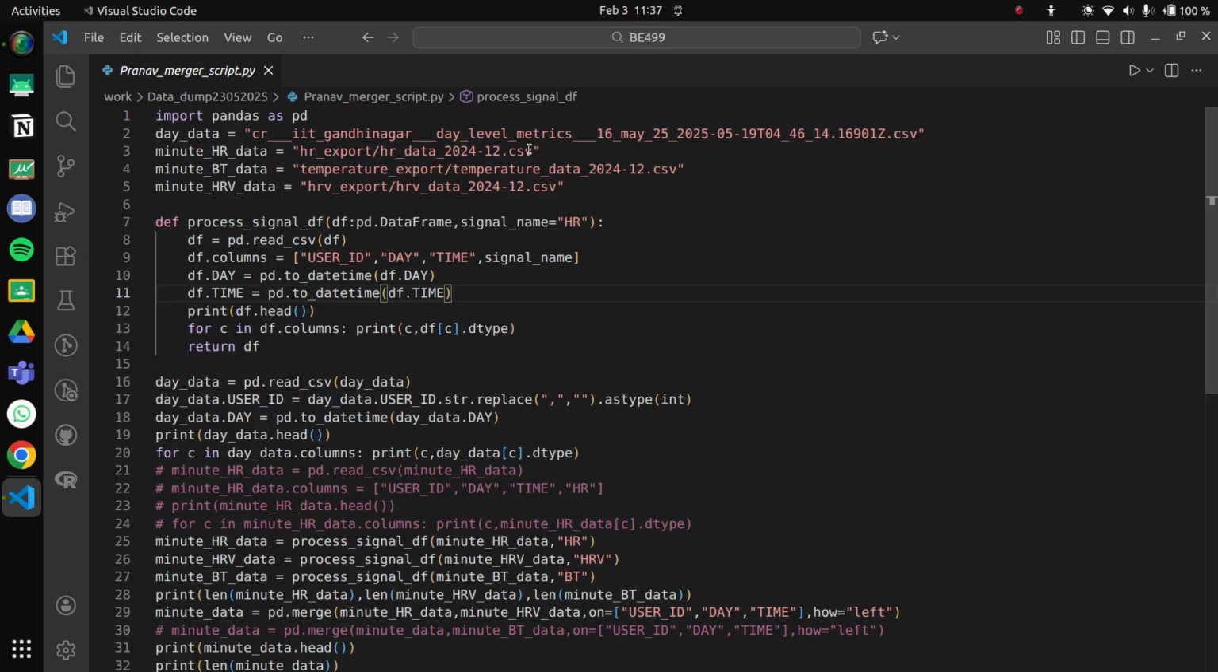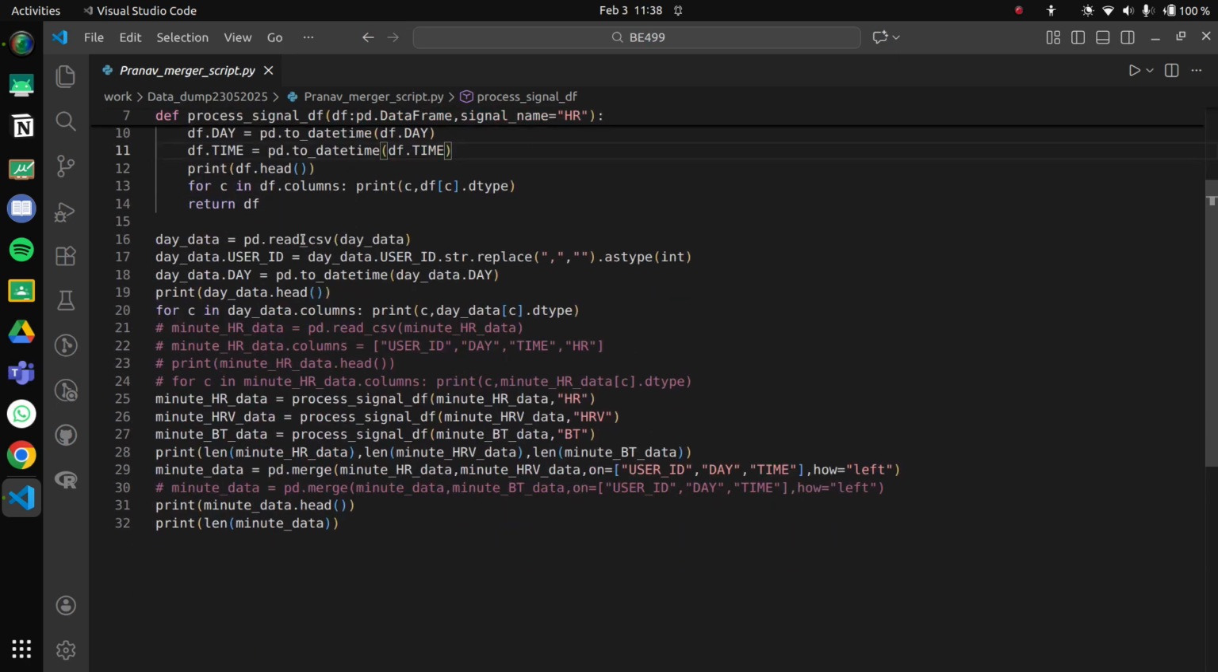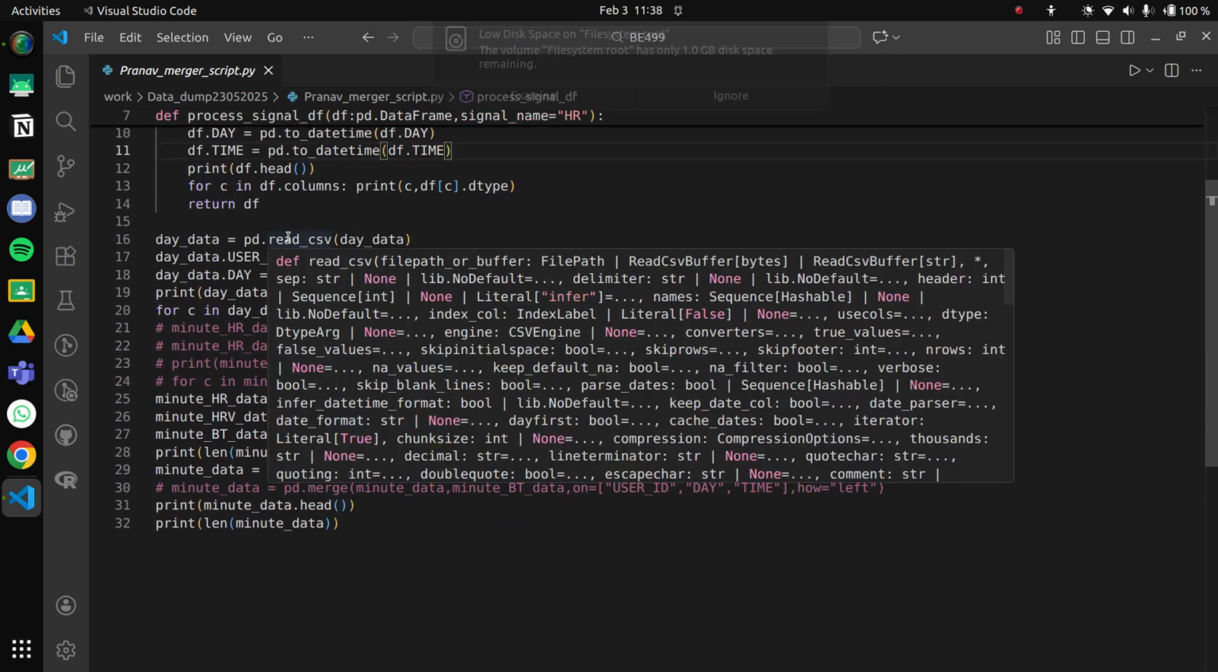Okay, so first we'll just process the data frames. We'll assign it some columns and do some data type conversions. Then, for c in df.columns, print c comma df[c].dtype, we're just doing that so we have a look at what the data is really like. And then you're doing day data is read CSV, and so will be